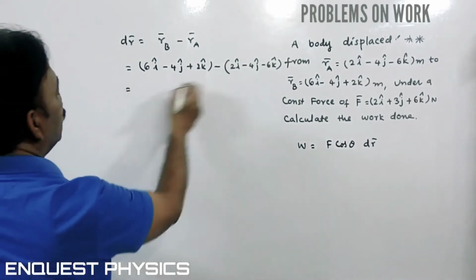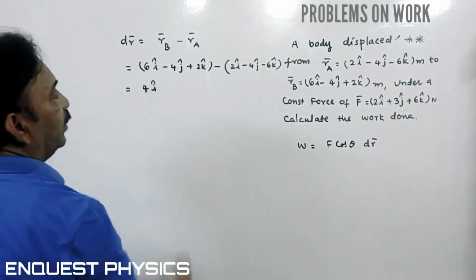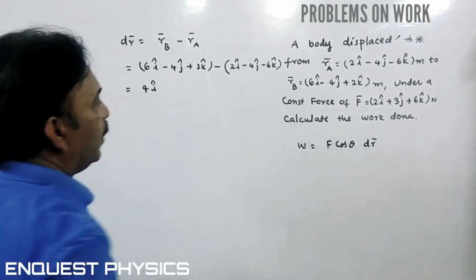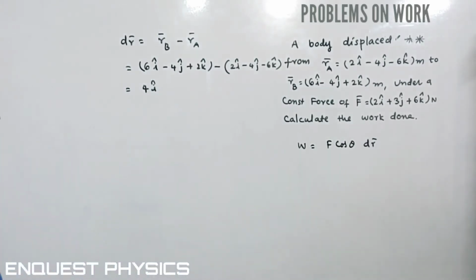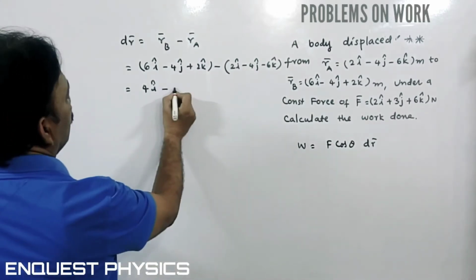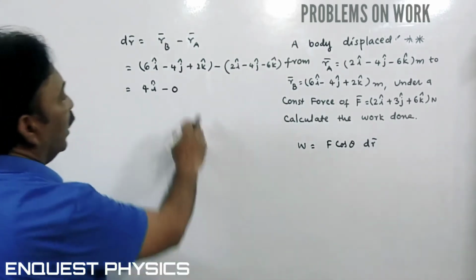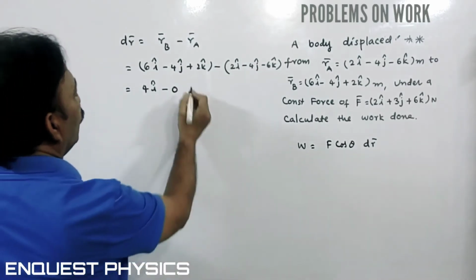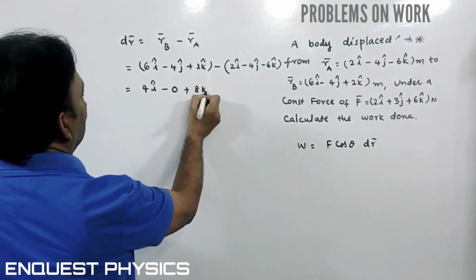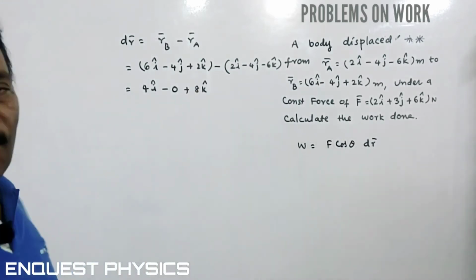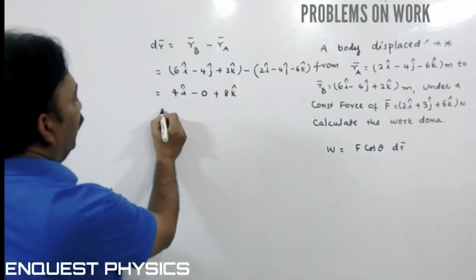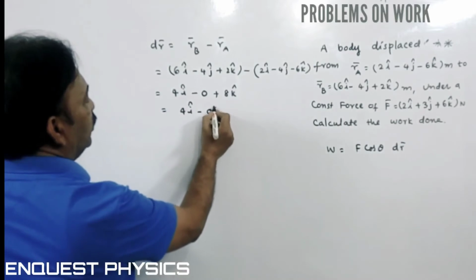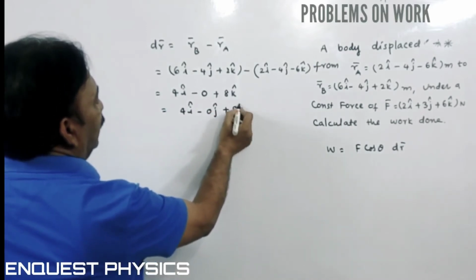Then what we get? 6 minus 2, 4i cap, minus 4j cap plus 4j cap, it is 0, and 2 plus 6, 8k cap. Okay students, we have the vector, it is 4i cap minus 0j cap plus 8k cap meter,